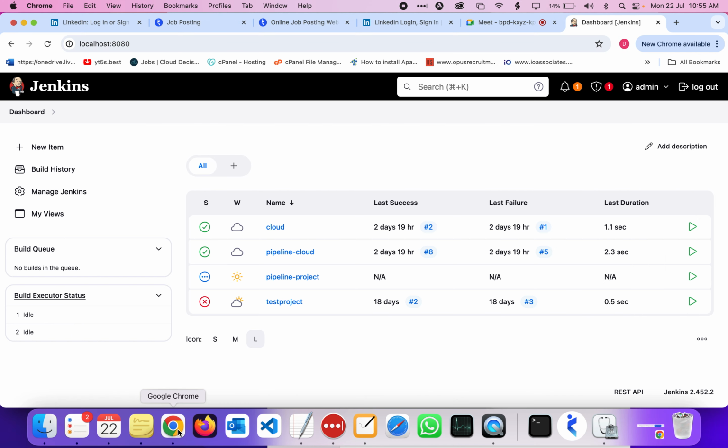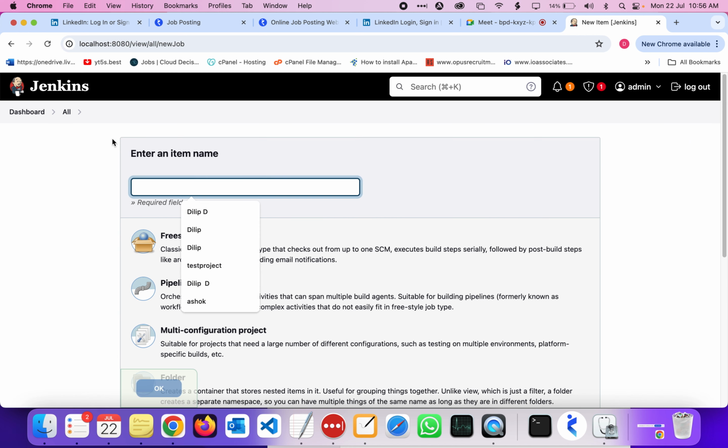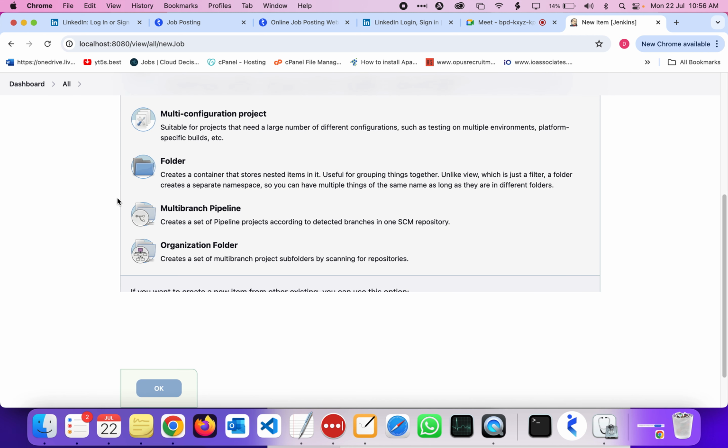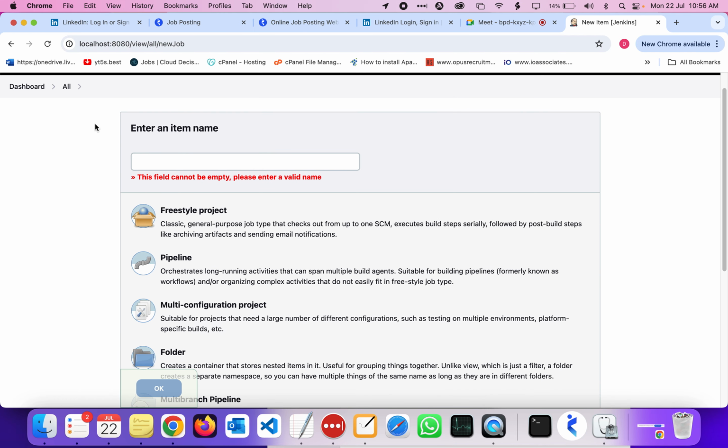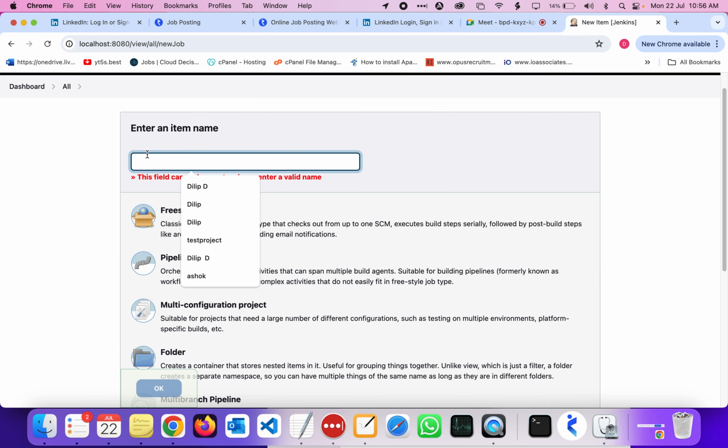So now let's create a very small task. Go to New. Here there are different types of projects, and that particular project is all about